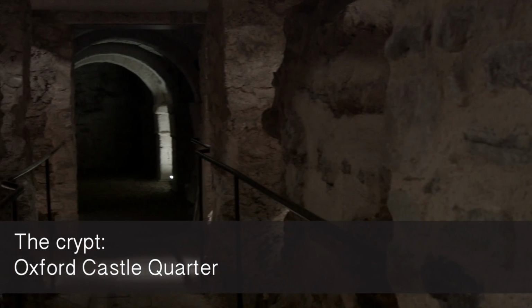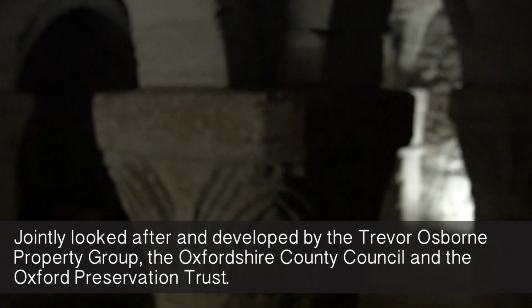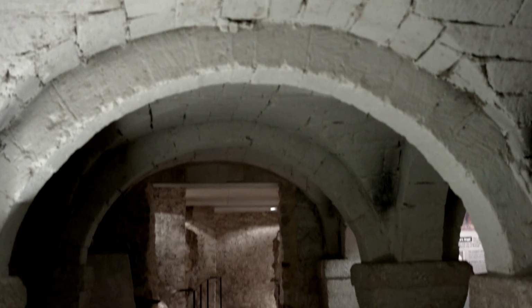We're now in the famous crypt of Oxford Castle Quarter. It's at the base of the very tall Saxon Tower. It's very cold and it's very damp down here. And that gives us some problems with the stonework and the conservation, making sure that we're constantly looking after the